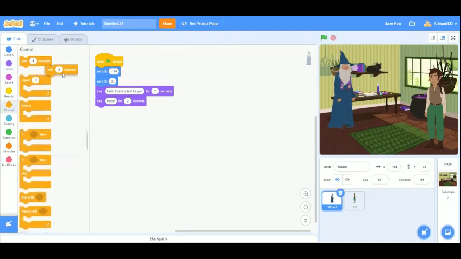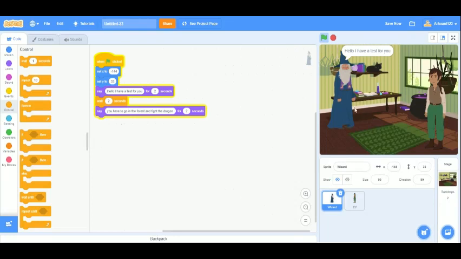First we'll take a wait 2 seconds block. Then we have to say, so now as he completes the sentence,